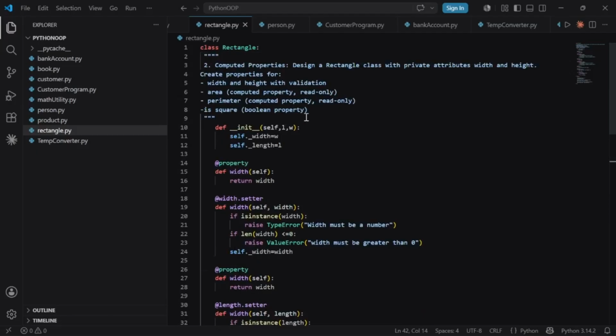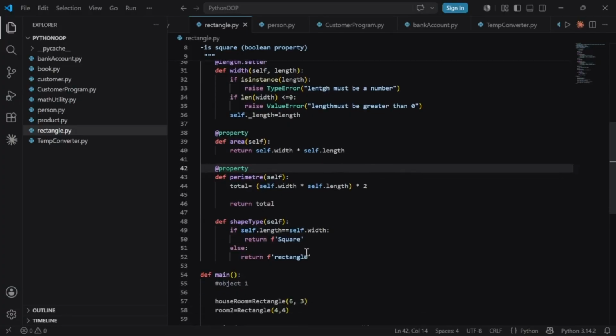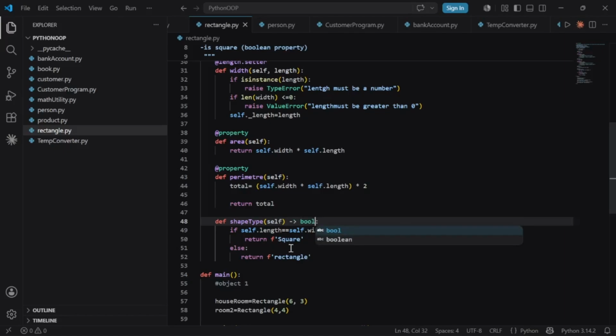Is square is a boolean property. So the is square boolean property shape type returns rectangle. We're just going to annotate this as bool. Then we'll change the logic. That means we're even going to modify this. Maybe we'll call it is shape square. Then to return